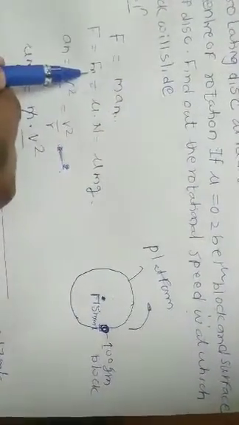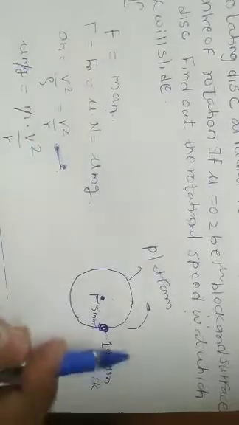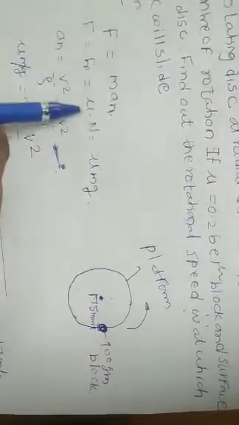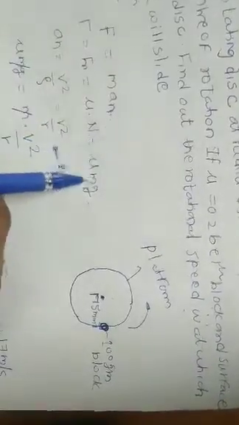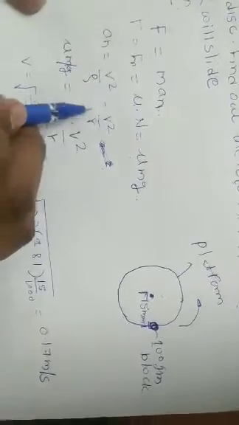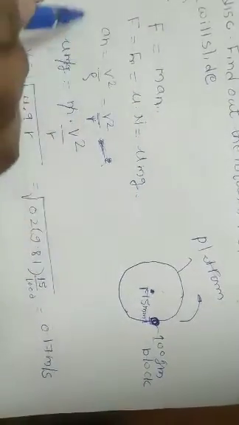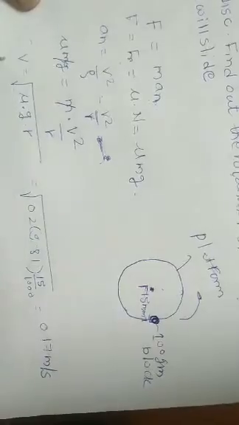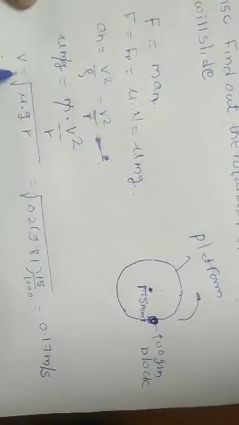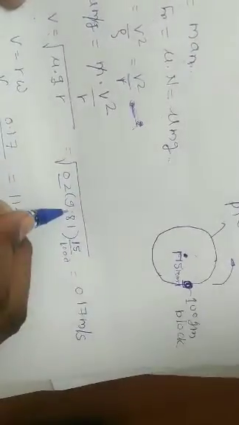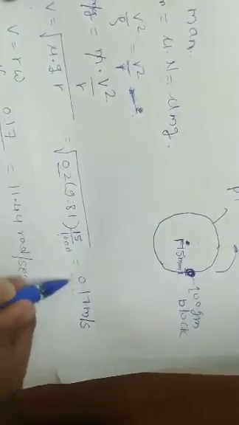So F is equal to Fr, where Fr is the frictional force. To oppose this motion there will be a frictional force, and that is equal to mu times N, nothing but mu times mg. an is equal to v square by rho, or v square by radius. So we'll put these values in and m will get cancelled. v is equal to square root of mu g r. Mu is given 0.2, g is 9.81, r is the radial distance, converted into meter. We'll get velocity equal to 0.17 meter per second.